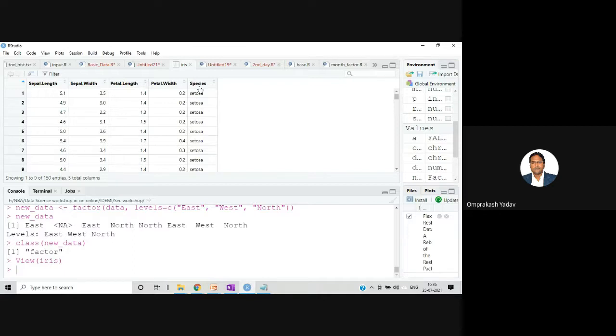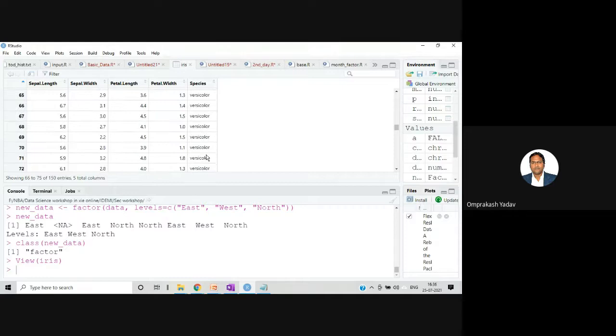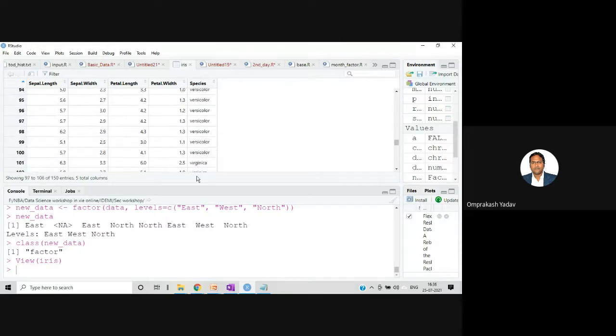And the other columns are like sepal length, sepal width, petal length, petal width, all are numerical columns. But if you see the last column, it's a categorical column, or a factor column, where different categories are mentioned. Which are those categories? Setosa is there, then versicolor, right? And then virginica. So there are 3 different categories of the iris flowers.